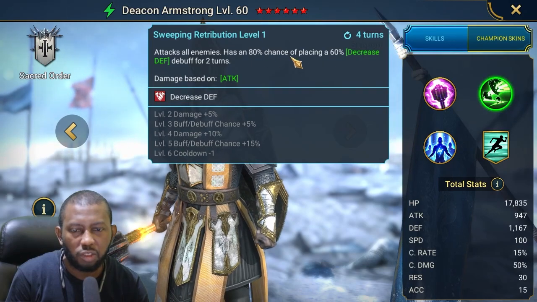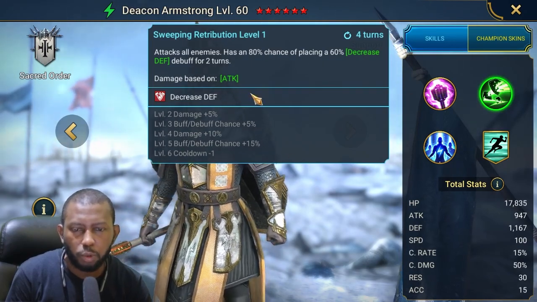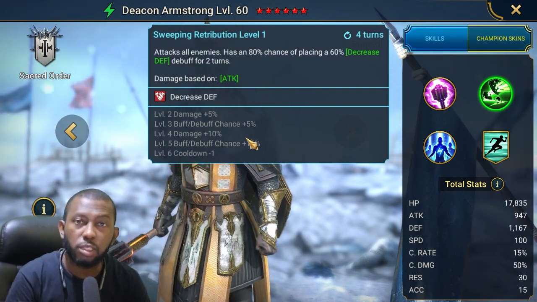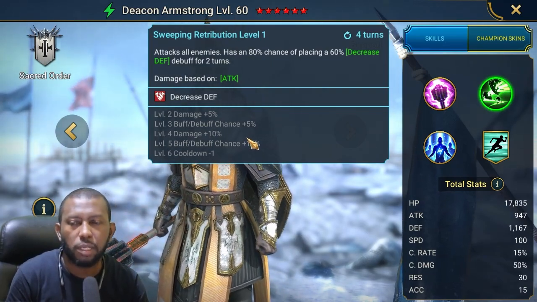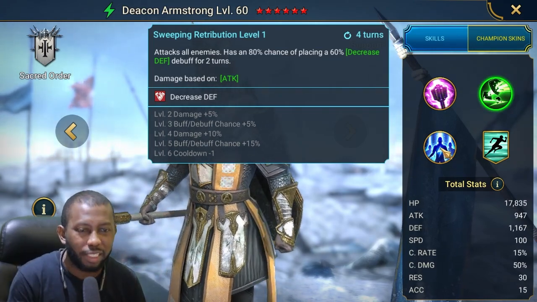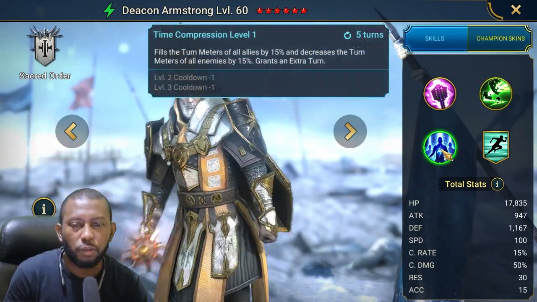It has an 80% chance of placing decrease defense. You can book up to a 100% chance when you spend epic books on it. This is the skill you really need. Decrease defense is also very important. So unless you have somebody else doing it, this champion will also be useful for this skill right here,